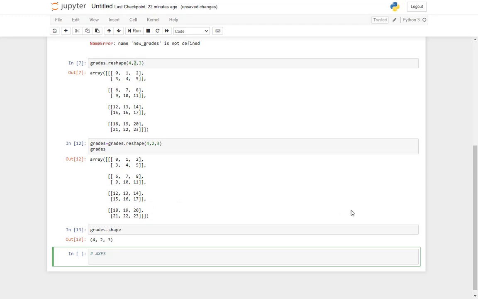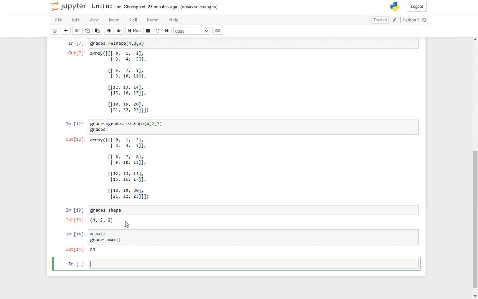Right? So let's say we have a table grades. If I want to find out the maximum in grades, I will use grades max. So that is 23, in the entire array of grades. In this entire array, as we can see, 23 is the maximum number.